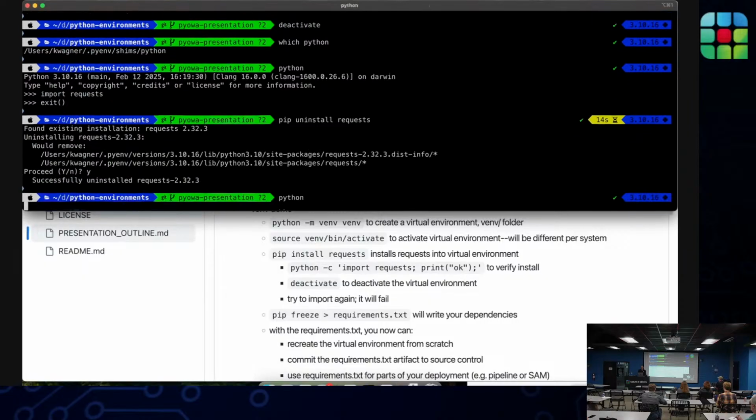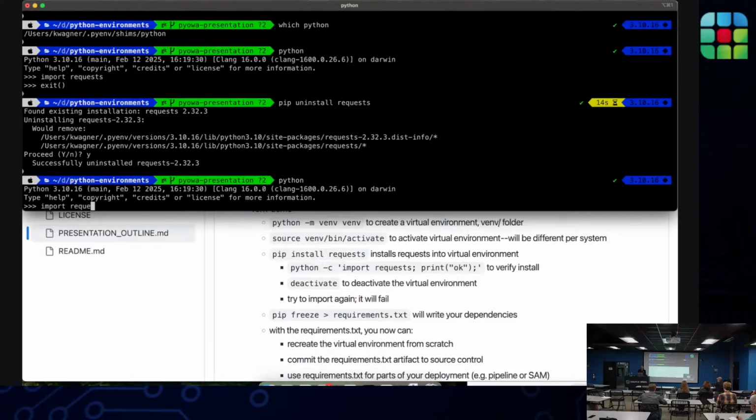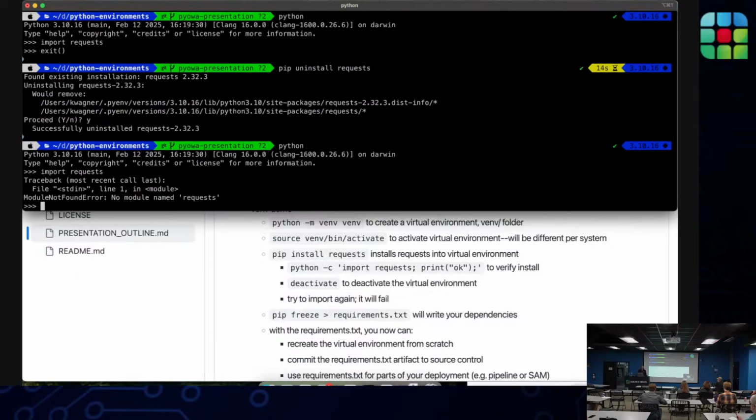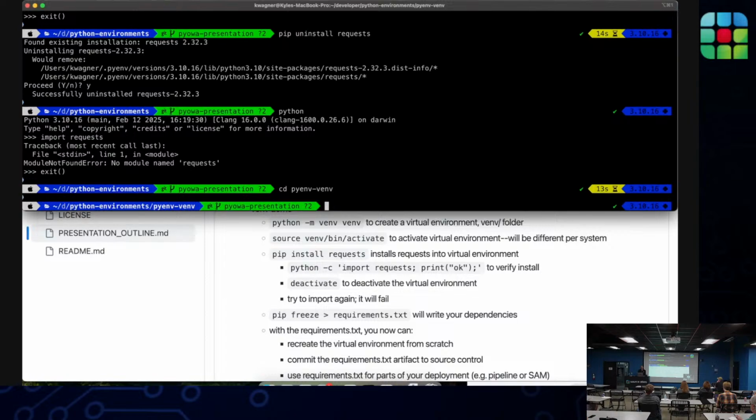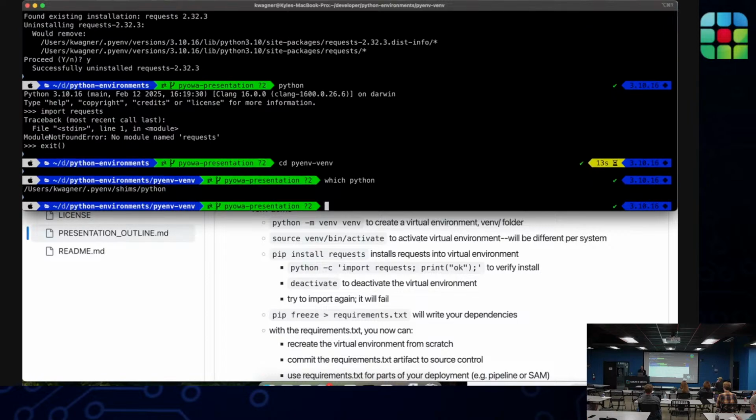All right, let's try this again. Opening a Python shell, trying to import requests, it says no module named requests. It's not available. Okay, so let's go back to the pyenv and let's activate that.